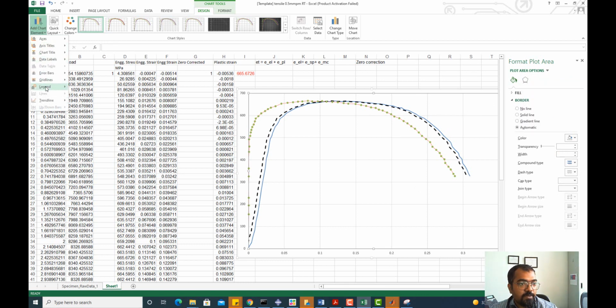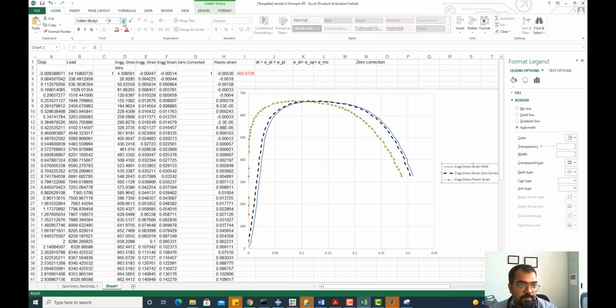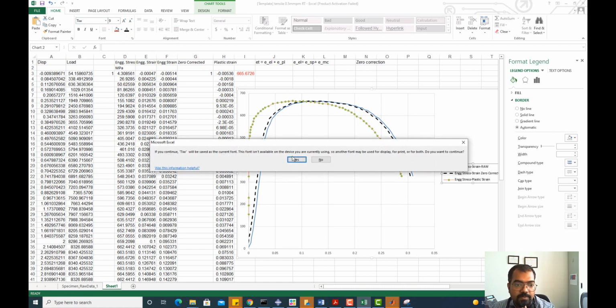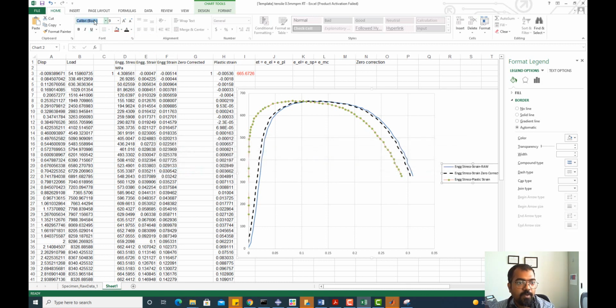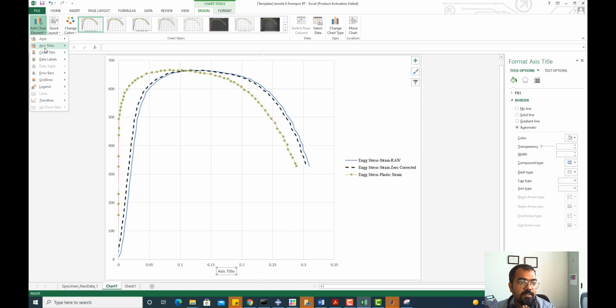I want you to use legends, and each legend should be indicative of what they are. You can do it in a very nice way, because looking at a plot is something which you don't want to make bad. So here you can use axis titles,